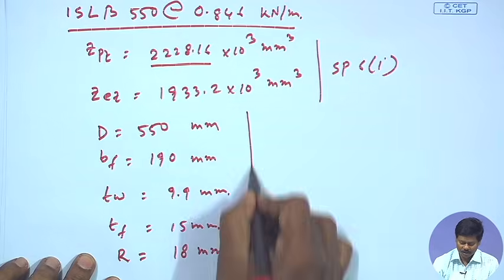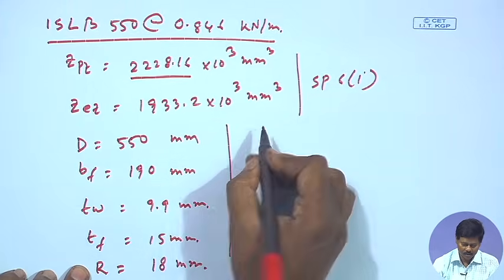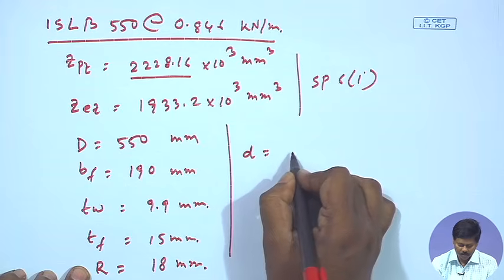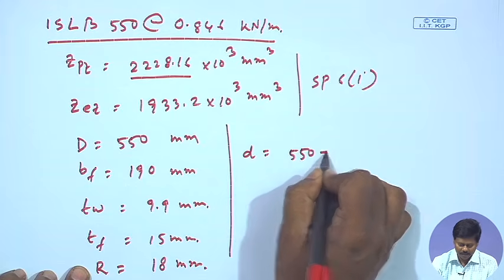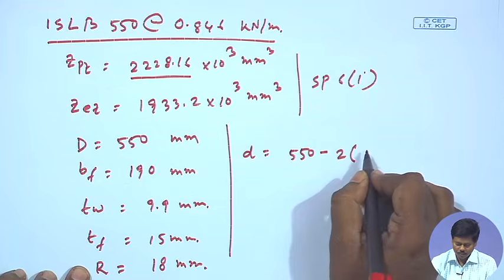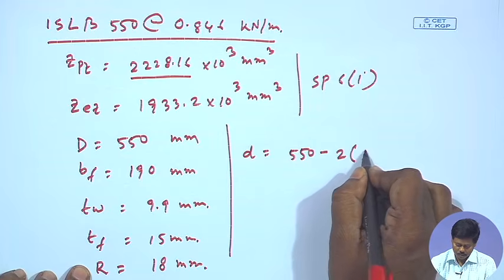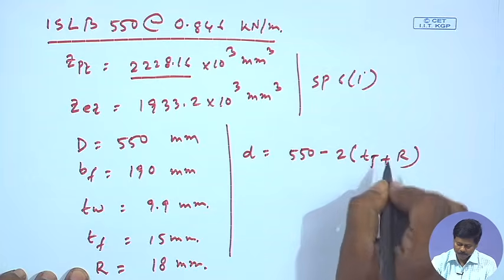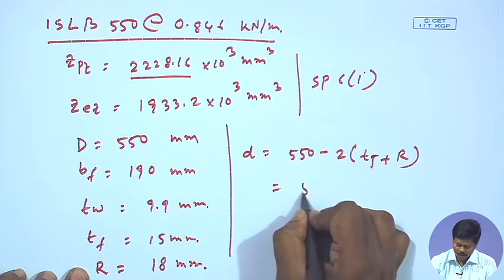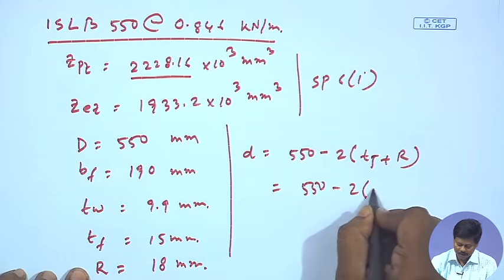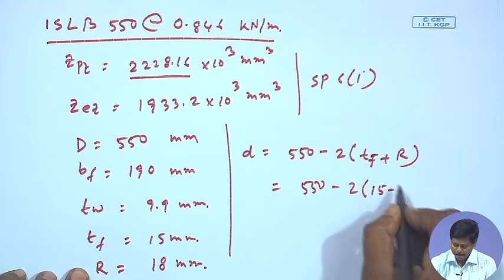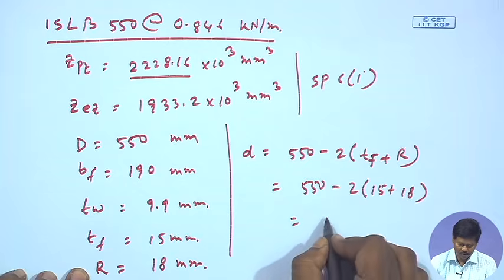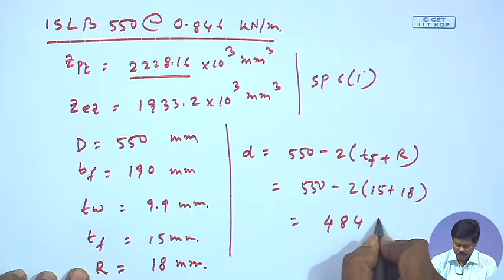So, from this also I can find out the d value small d, that will be 550 minus 2 into Tf plus r is equal to 550 minus 2 into Tf is 15 plus r 18. So, this is becoming 484 millimeter,